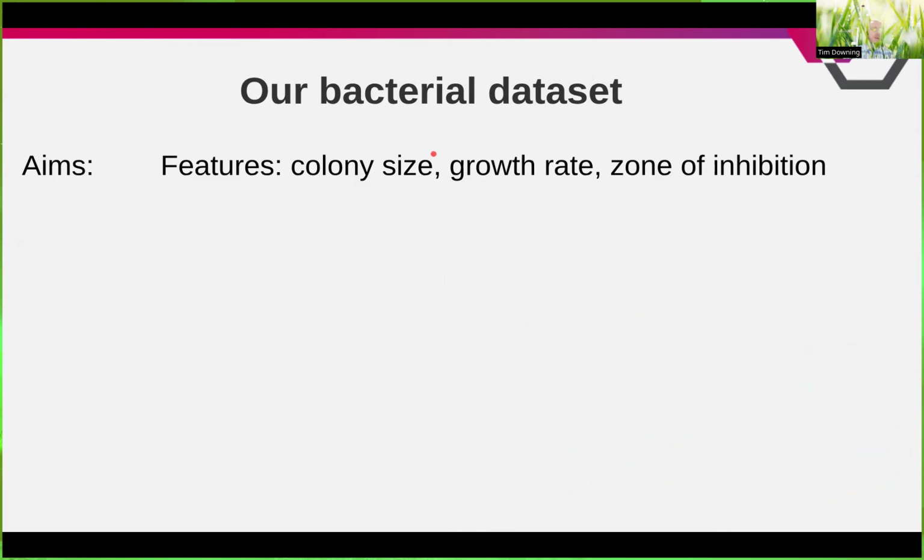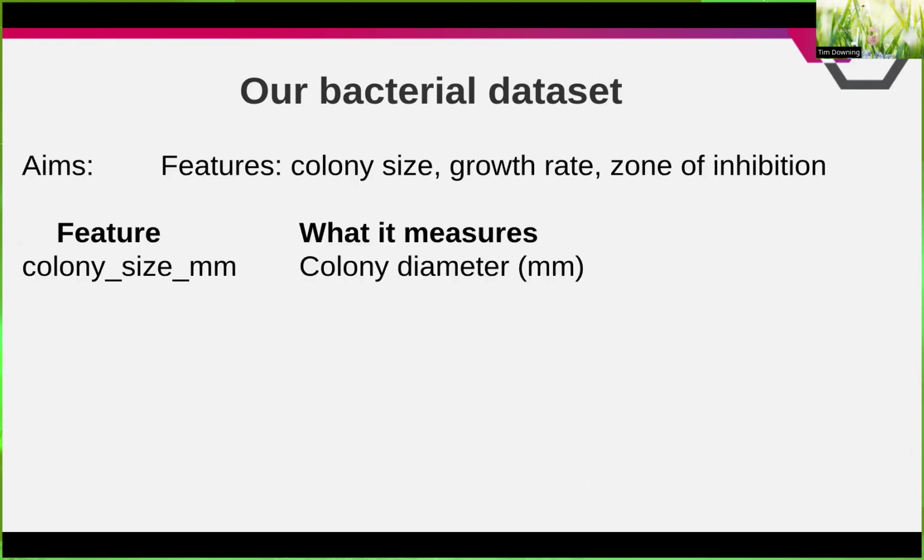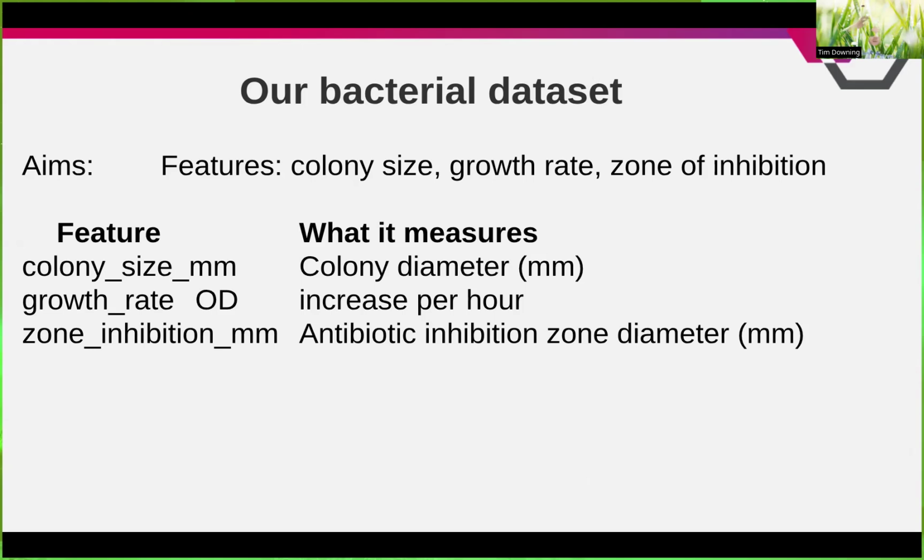that we're going to use throughout this series of practicals. They contain features like colony size, growth rate, and the zone of inhibition. So just three main features for a very simple model of simple dataset. The colony size refers to the colony diameter in millimeters. The growth rate, optical density, refers to the increase per hour,